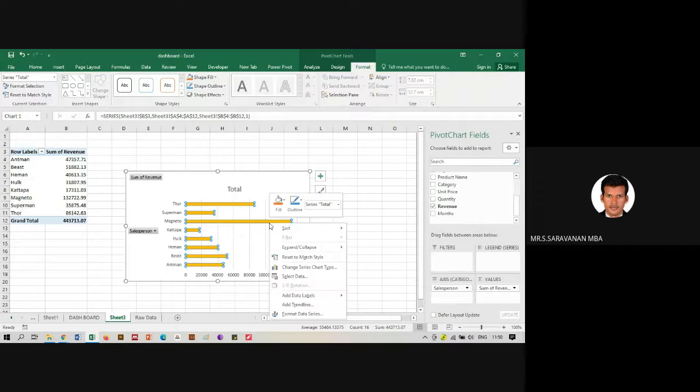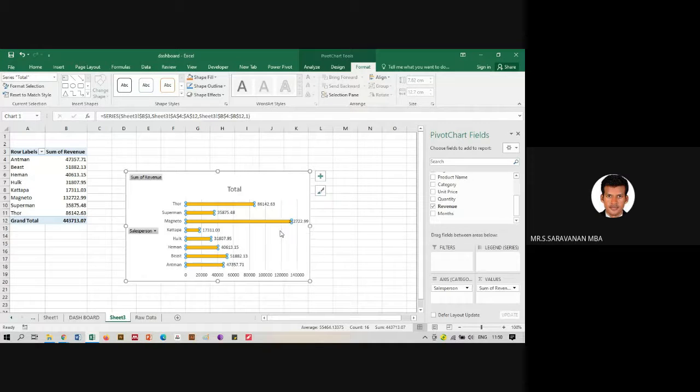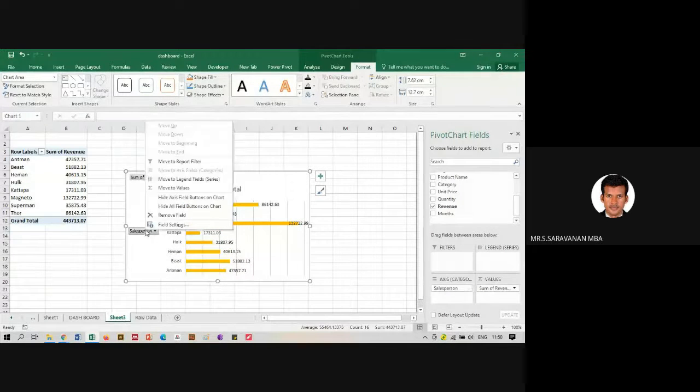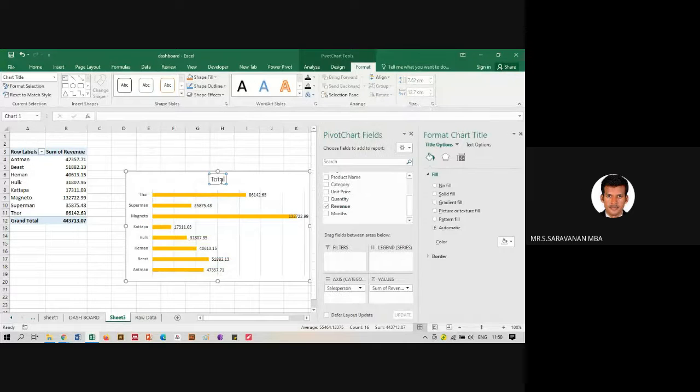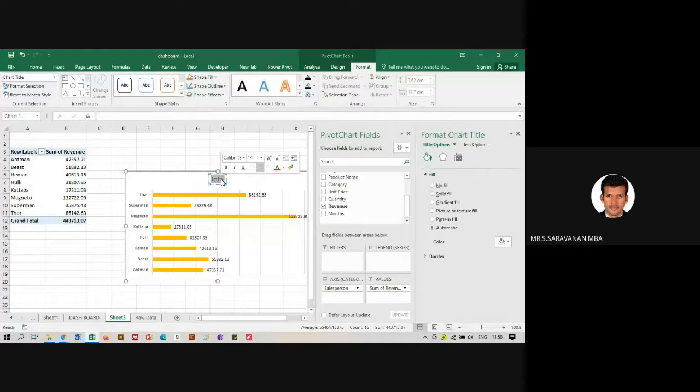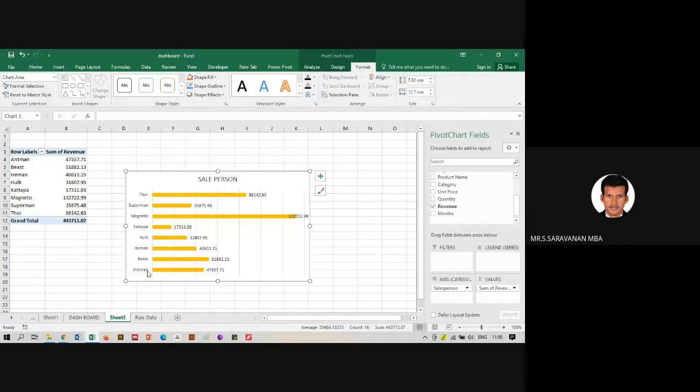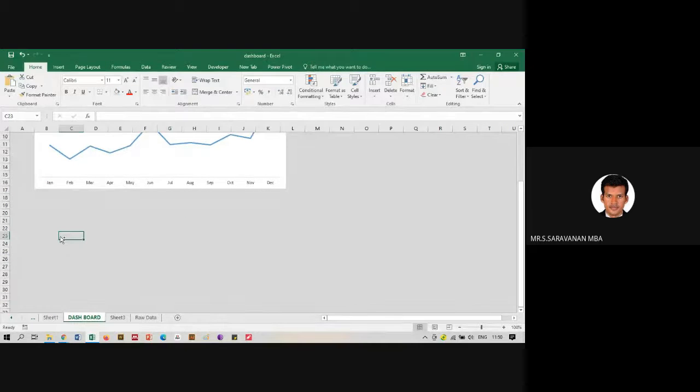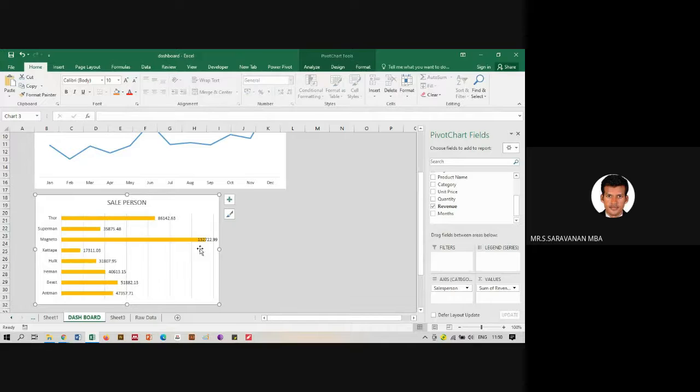Okay. We need the information of how much they have earned, so we will take data labels. We do not want the y-axis information or the field buttons. We will type salesperson. Again, copy this information, paste it in the dashboard. From here also you can edit your file. I have removed the grid lines here, so automatically the grid lines will not be displayed here.